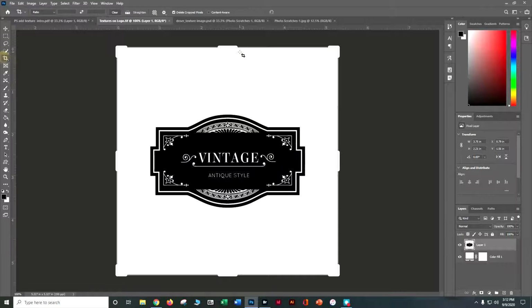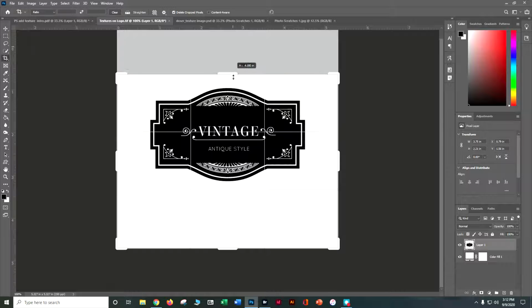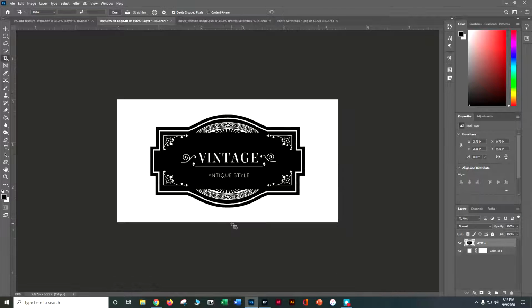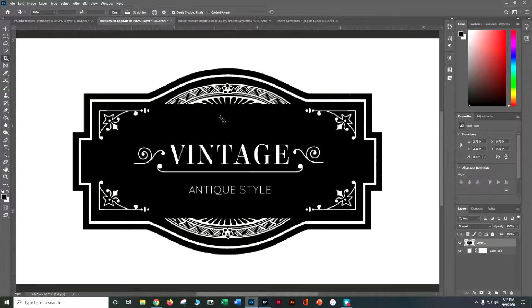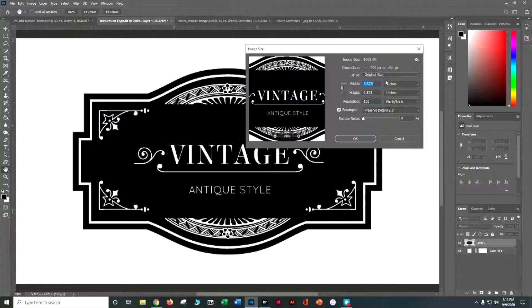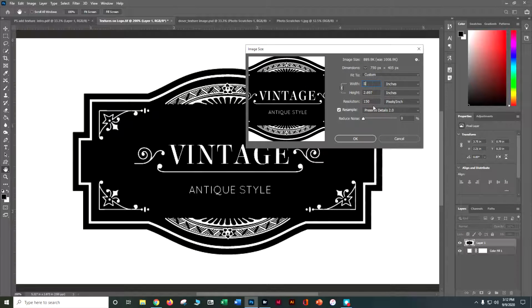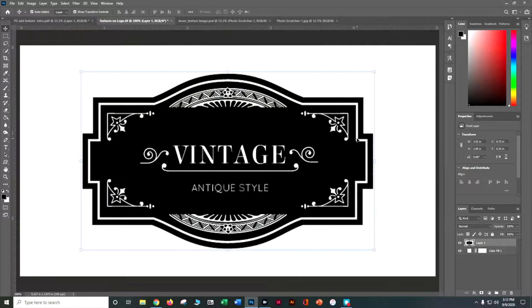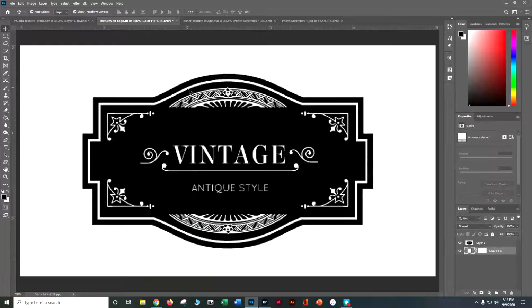So I'm going to crop that down just a little bit, so I don't need to have all of that. I'm going to grab my crop tool and crop it down and hit enter, then do Control plus and zoom in. Let's go to Image, Image Size, and see what we have going on. So I'm going to take my width down to 5, and my resolution at 150 is fine. We're not going to use this for print. If I was using it for print, I'd push it up to 300, so I'm going to say OK. Now, if I was to push it up to 300, I'd actually start to lose a little bit of